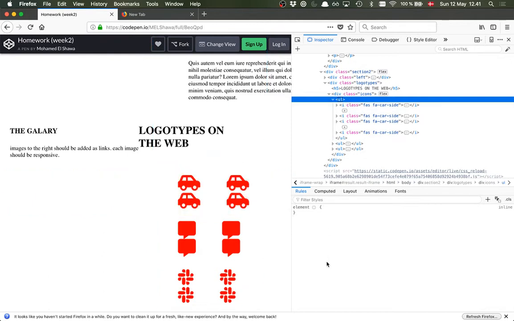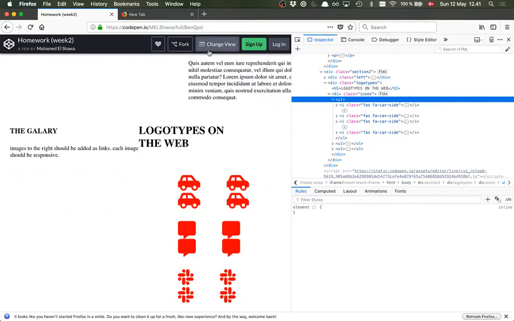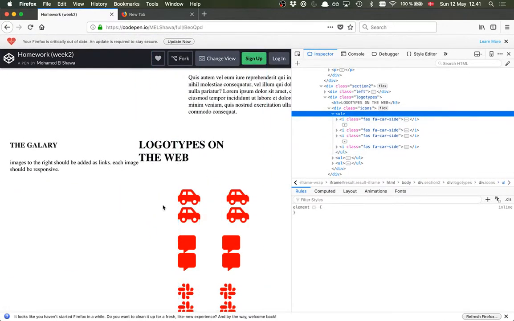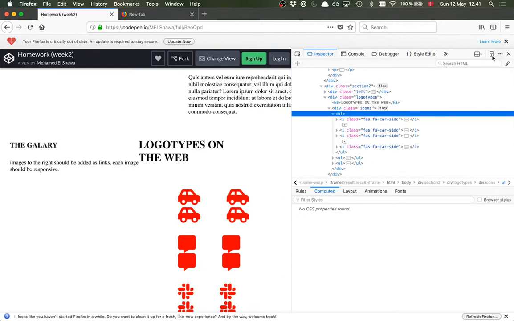So that's a list. No, it doesn't show it. I don't know how to get it to show it, unfortunately, but it has the styles anyway. You can see it has some padding on the left. Maybe? No. Yeah, I'm not completely sure. But it doesn't matter. It has the same